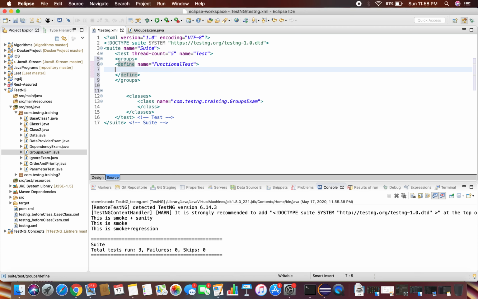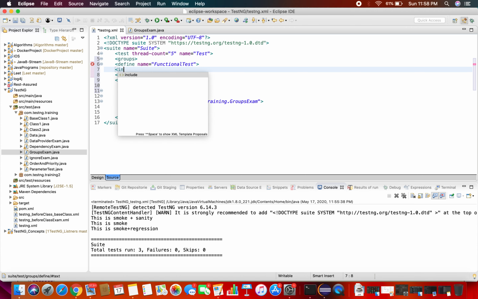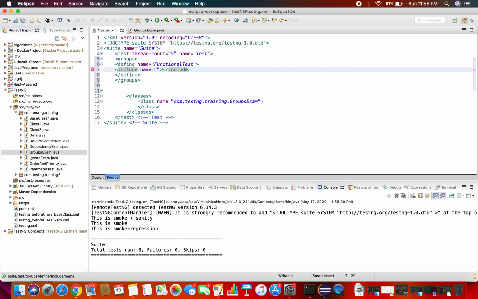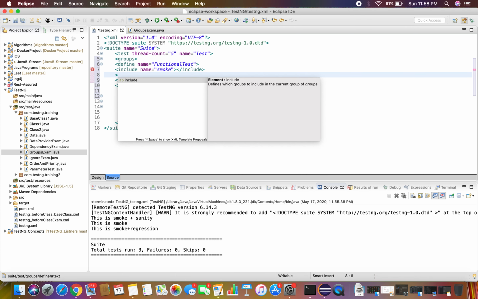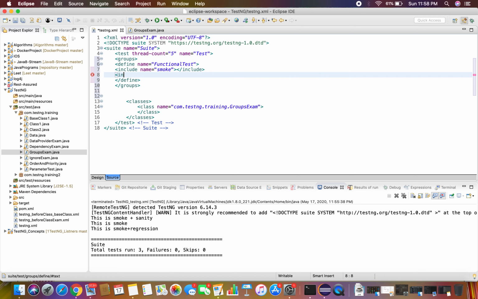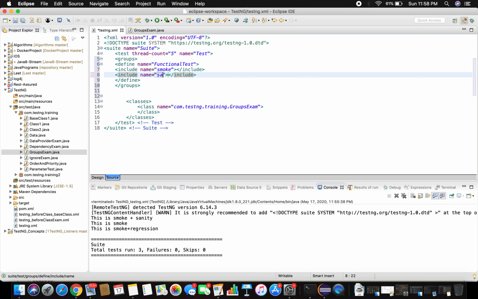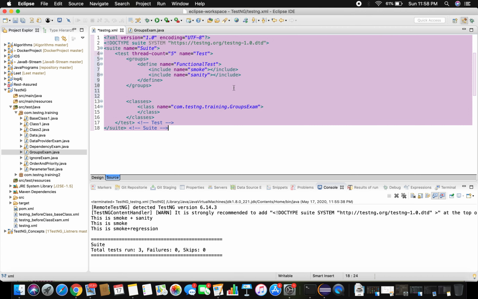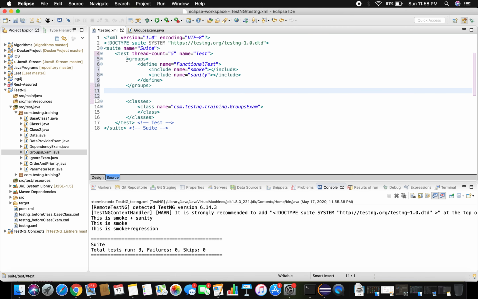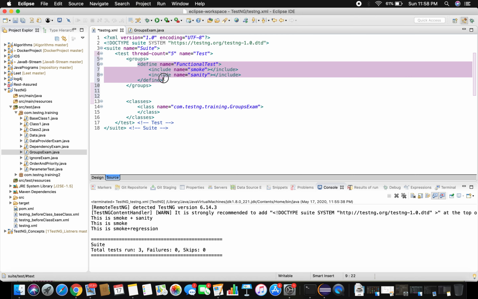Inside this meta group, I am going to include my smoke, and I'm going to include sanity. Let me format this. Okay, I have a group. Inside the group, I define to create a meta group, that is a functional test.